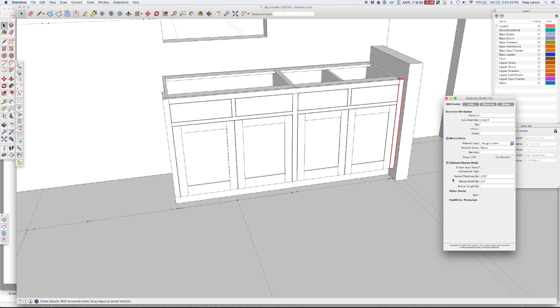It has cabinet mode turned on, which allows us to do some things like add additional resizing. What that does is, what it says is resize the thickness by 1/32 of an inch and resize the width by 1/2 inch. What that's doing is it's not drawing the extra 1/2 inch on there, and it's not drawing it a 1/32 thicker. But what it's doing is when you export this to the cut list,